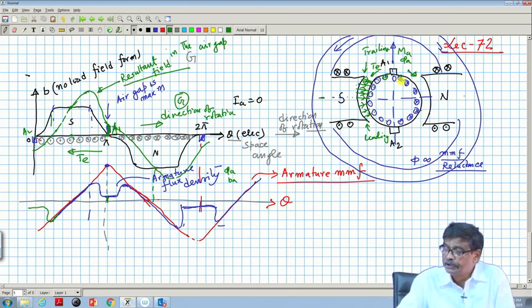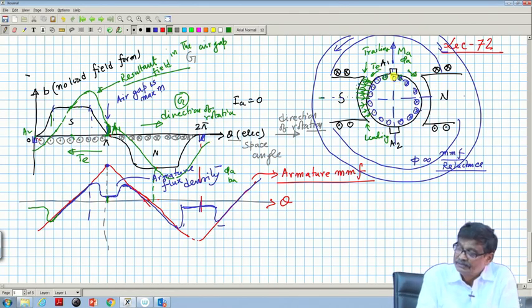And if it has to carry cross current, then that will be prevented. That legacy of this dot current in a scenario when armature carries current still continues when the conductor reaches here, because it is still south pole. The polarity of the induced voltage, hence currents will be this dot,